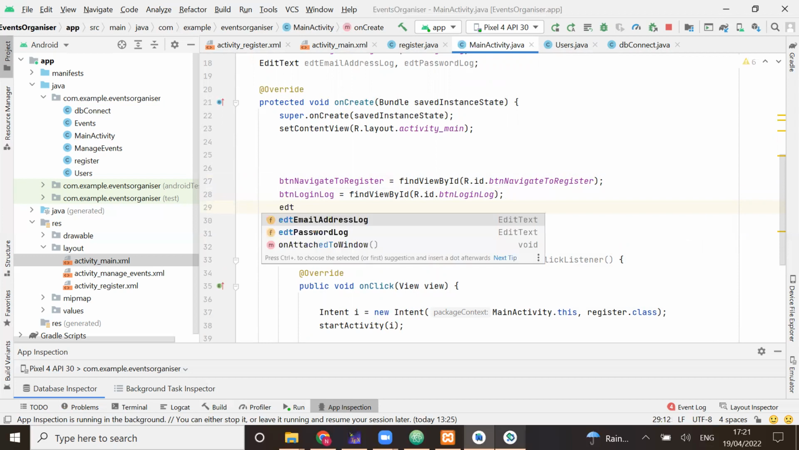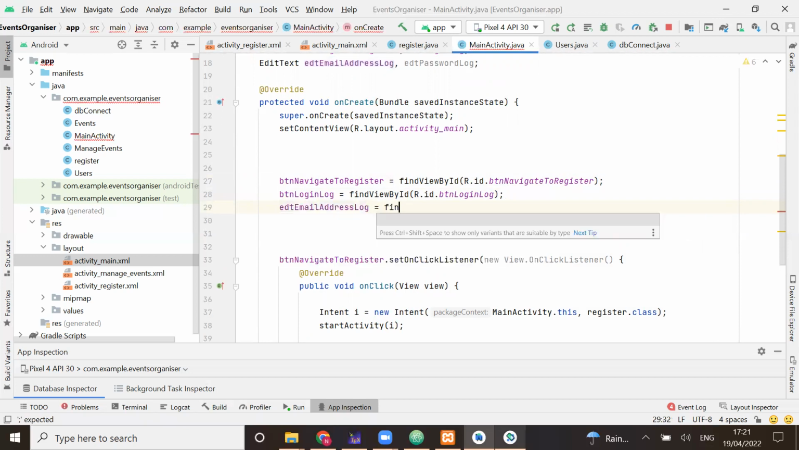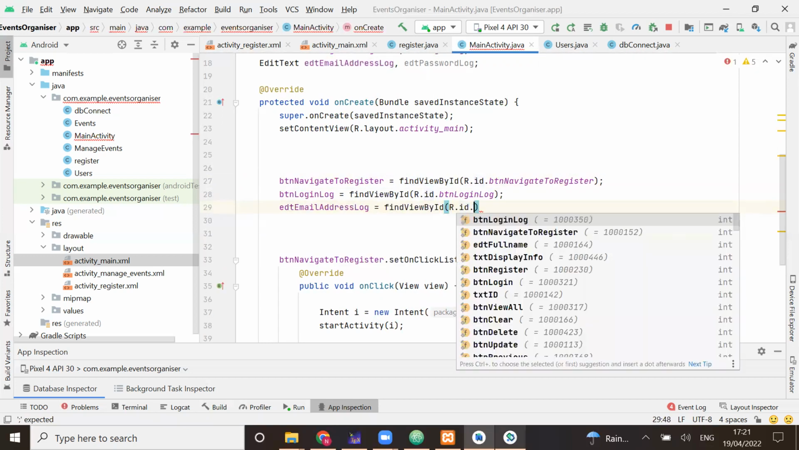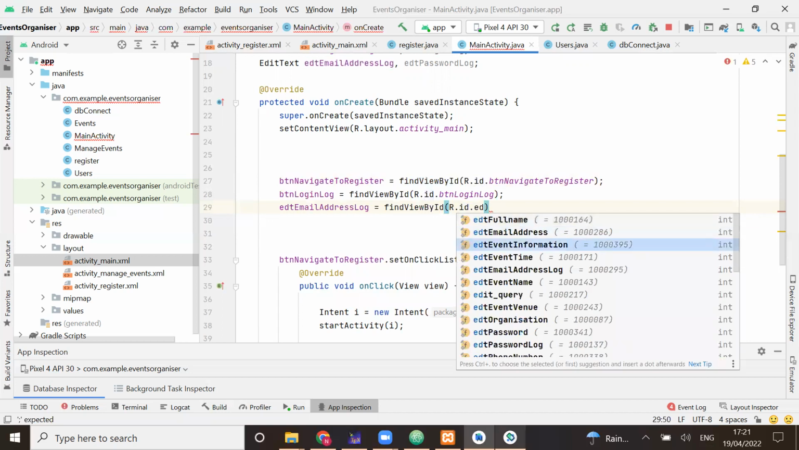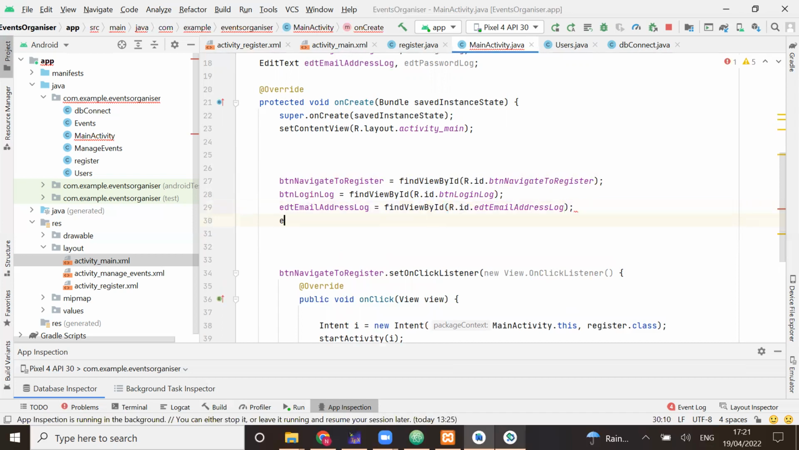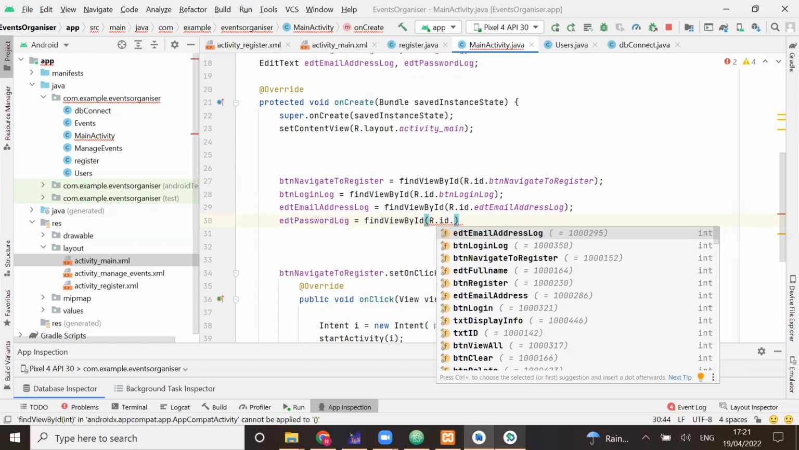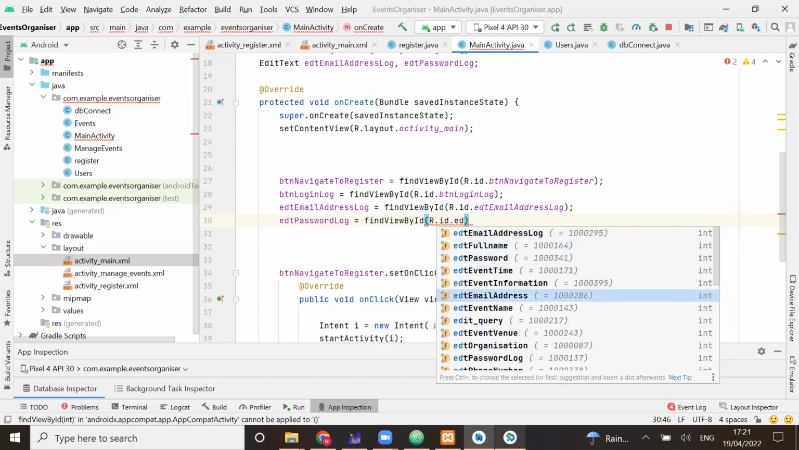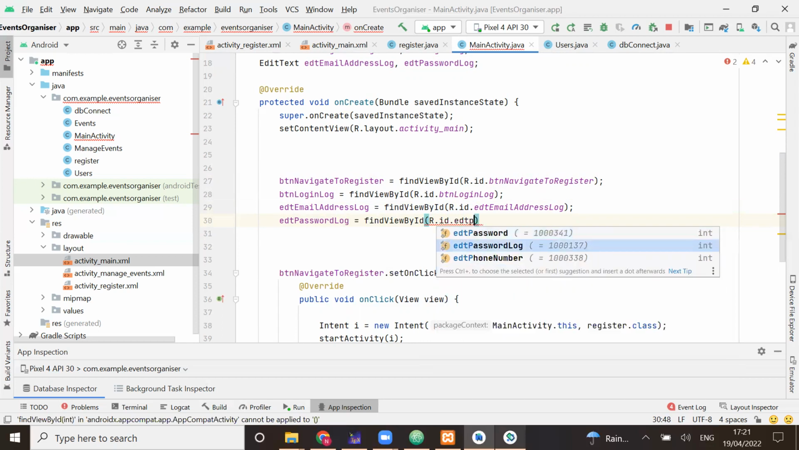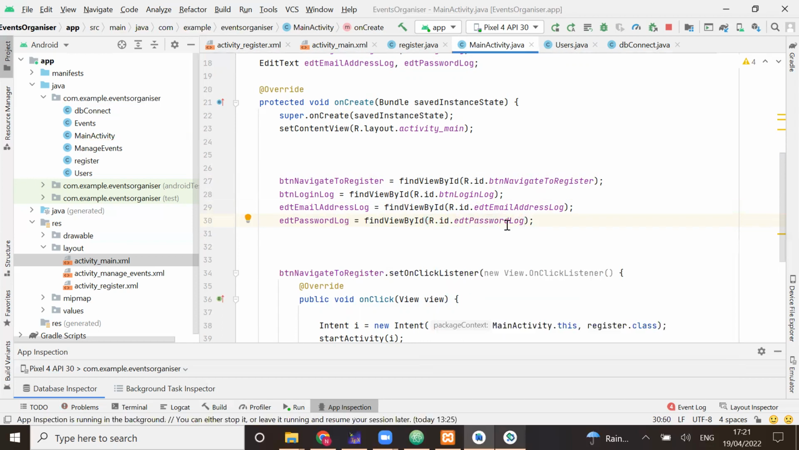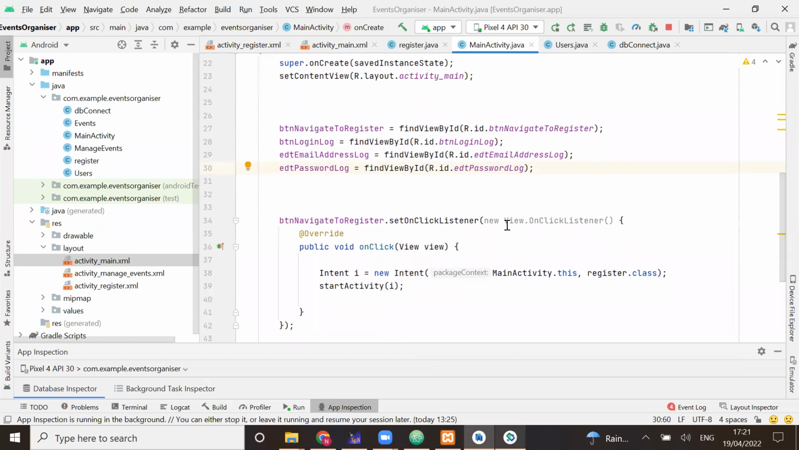So edtEmailAddressLog equals findViewById R.id, and then we would find edtEmailAddressLog. And then same thing for edtPasswordLog equals findViewById R.id.edtPasswordLog. So we've now attached the handler to our